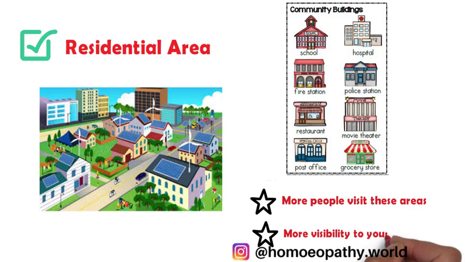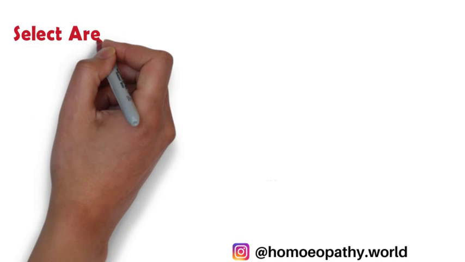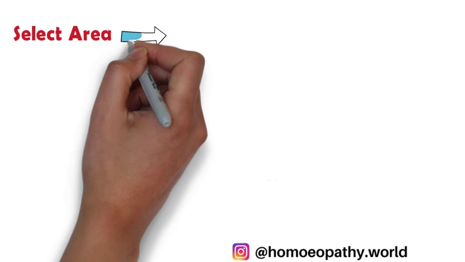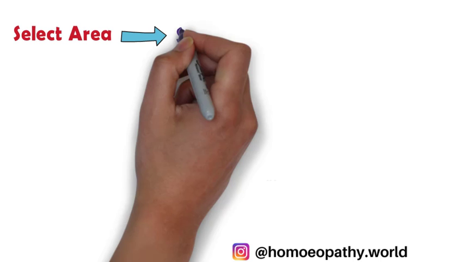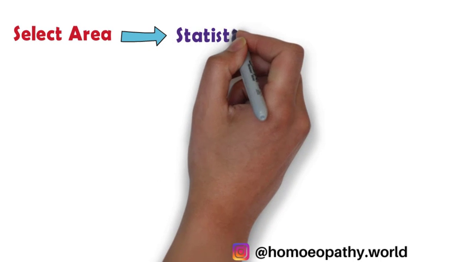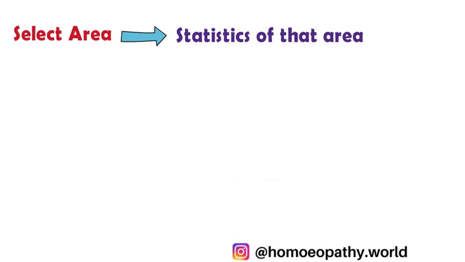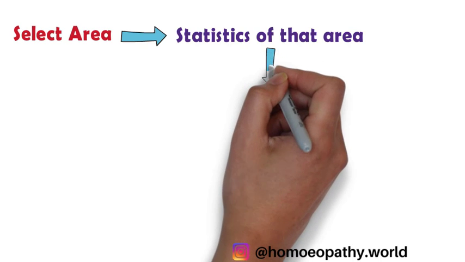So how do you select a residential area? Either you look for the population of that particular area. So if you're selecting Hadapsar, or if you're selecting Pune camp area, you just go through the statistics of the population of that area and then look for a clinic, or look for a shop, which is situated near a school, temple, post office, or railway station or bus stand, somewhere where the public comes and goes. So there is a regular inflow of